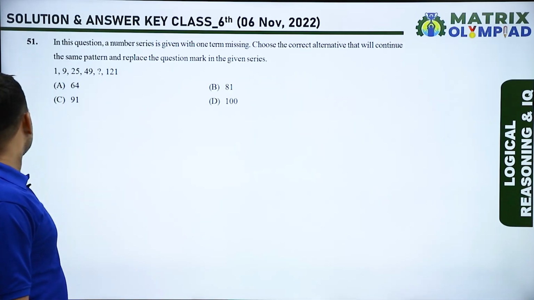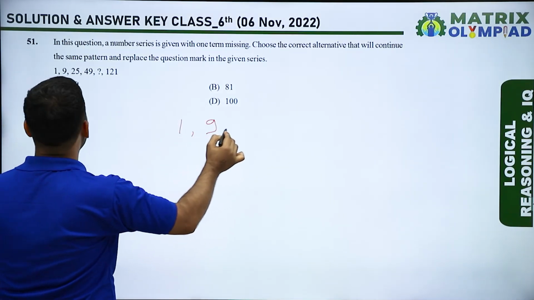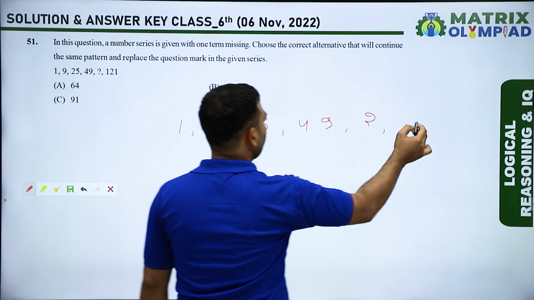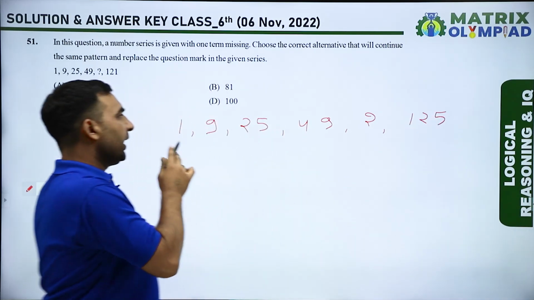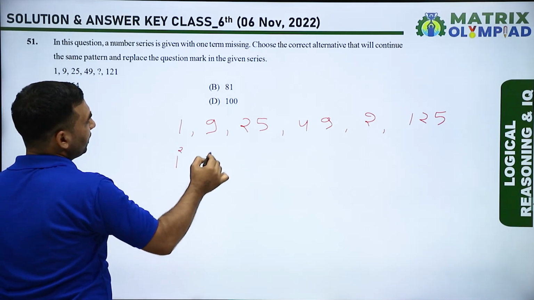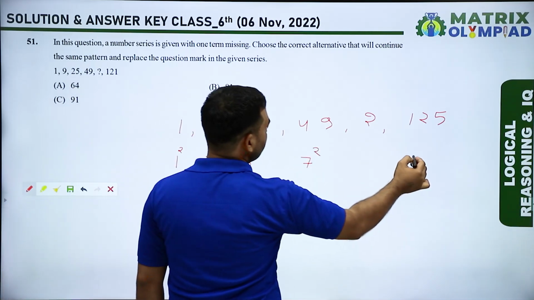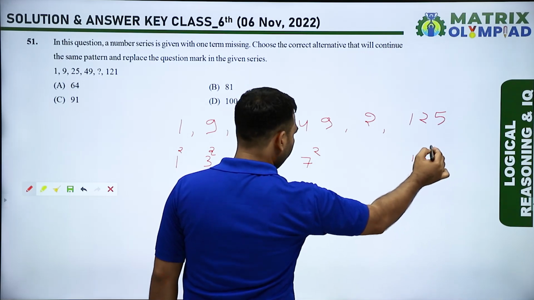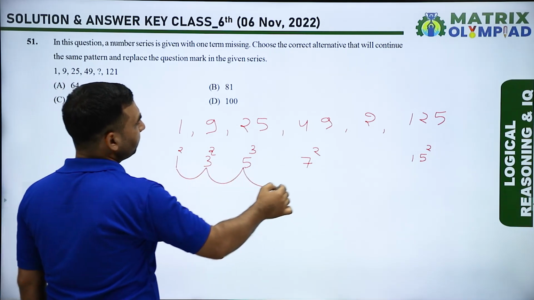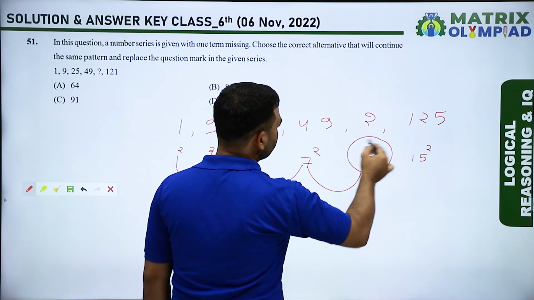As you see in question number 1, our series is 1, 9, 25, 49, what is the next term. As you see, these are complete square numbers. Square of 1, square of 3, square of 5, square of 7. What is the next term? 1, 3, 5, 7, then we say 9. Square of 9 is